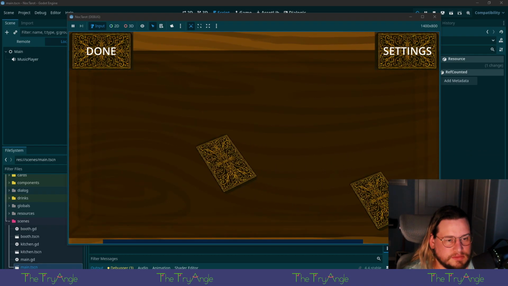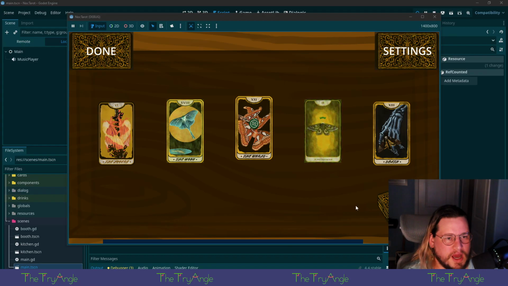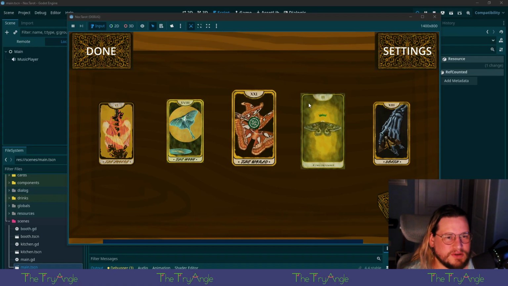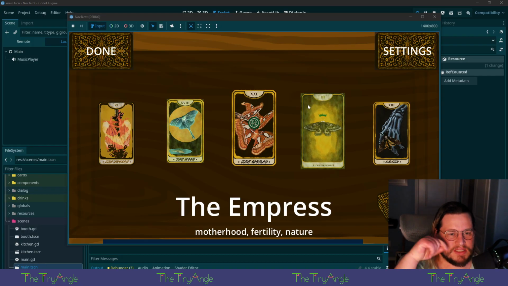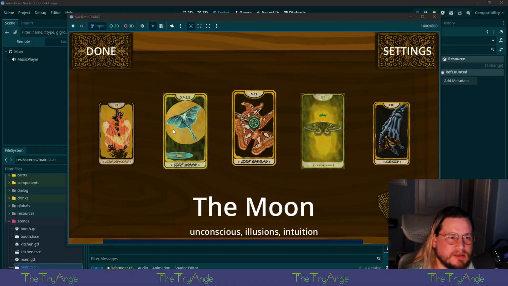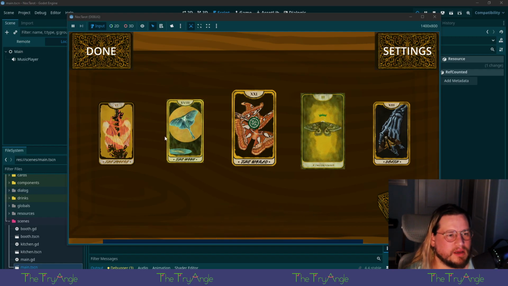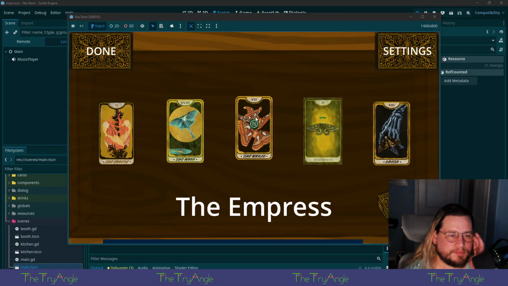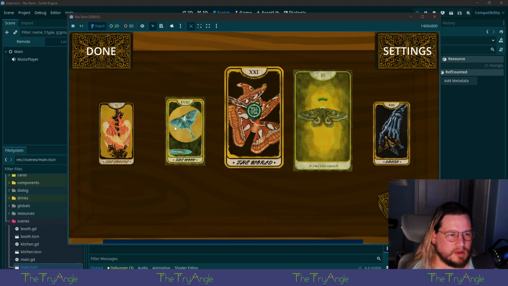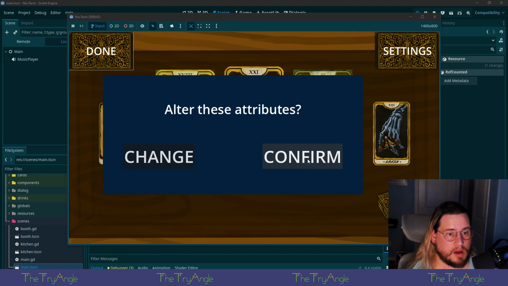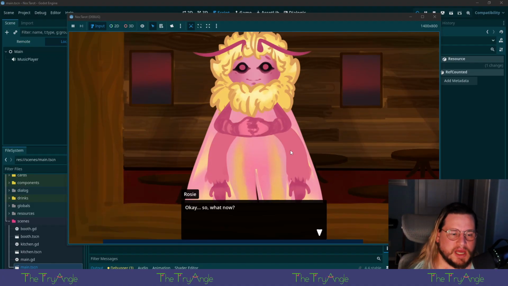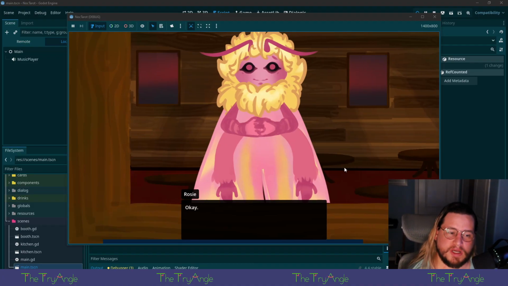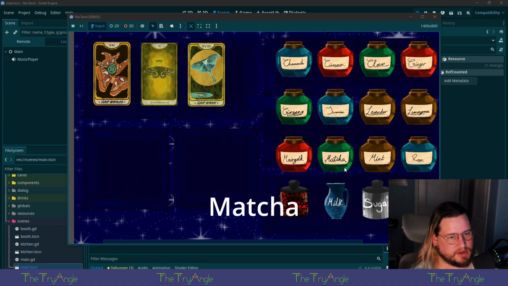Can you help me? Whoop, whoop, whoop, whoop, whoop. Yeah, color needs to change. Also, it's got to mask the cards, but it's not masking right now. I wonder why. Well, anyway, the world, Empress. Let's pick the moon. Yeah, I agree. A confirmation seems lame. For the drinks, I think the confirmation is necessary because that happens automatically.